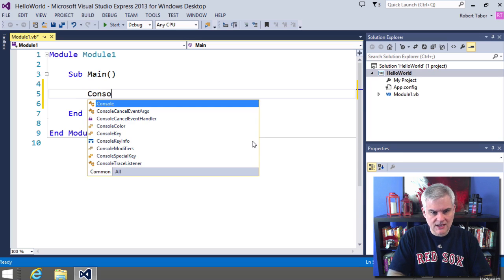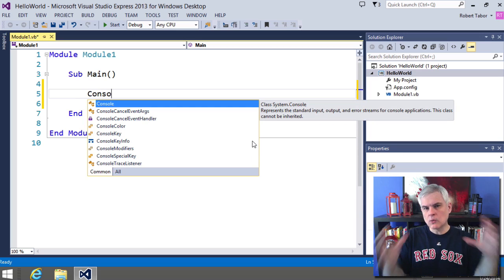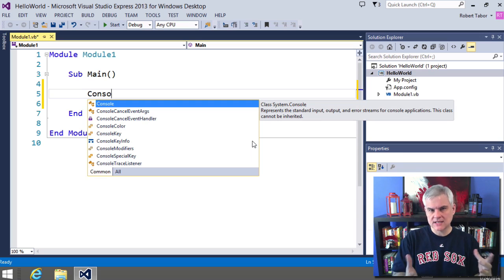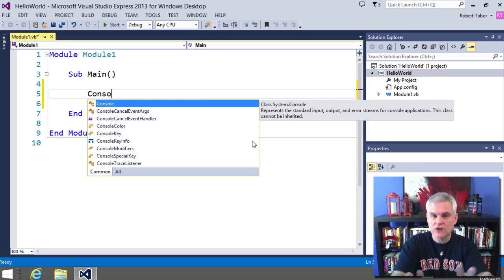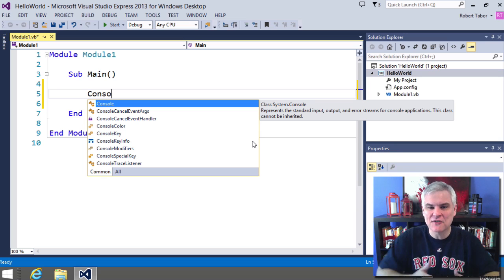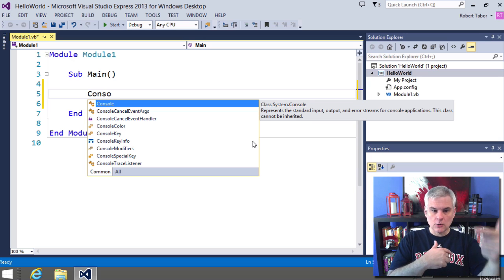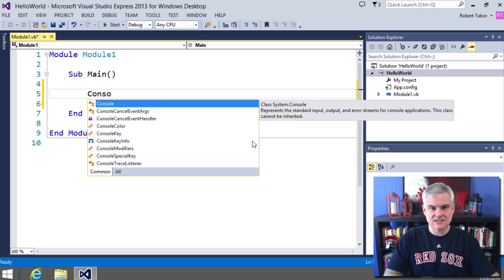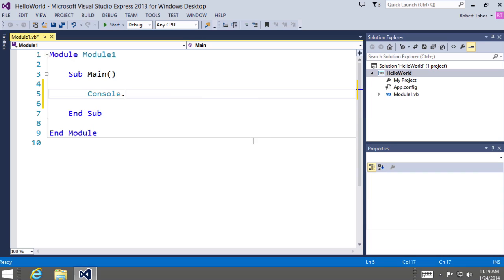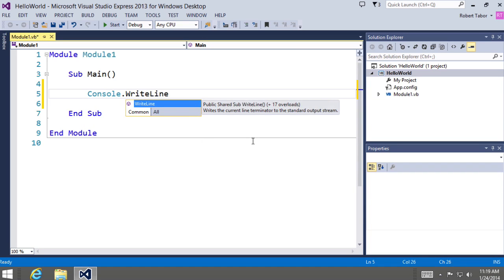So C-O-N-S-O. And notice that there's this little window that pops up below where we're typing. It's called IntelliSense. Don't let that distract you for now. Later, this is going to become our best friend. But for now, just ignore it and focus on typing the following code between this opening Sub and closing End Sub. So Console.Write, capital L in Line,